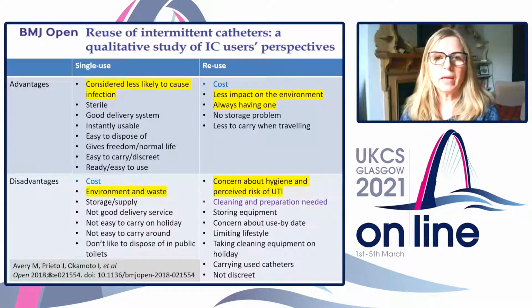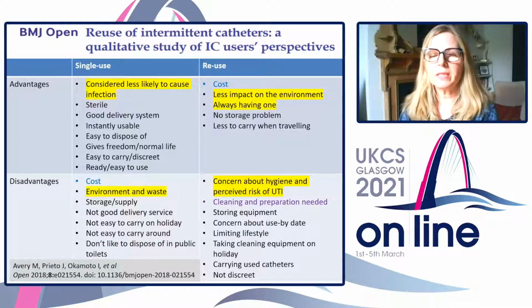To find out what catheter users think about single-use catheters and their perceptions of reusable catheters, given that most only had experience of single-use catheters, we interviewed 40 catheter users. We found that both catheter types have perceived or real advantages and disadvantages. So single-use catheters were considered to lead to less infection and to give users greater freedom, particularly when away from